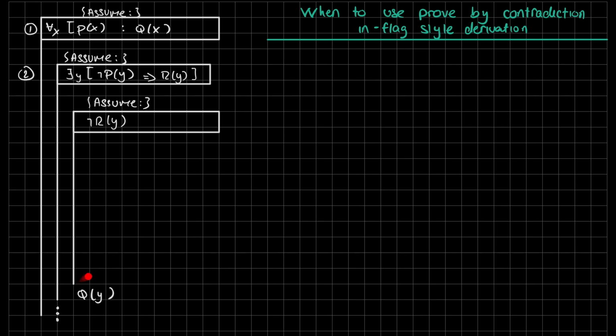Okay, so let's see what we have in our question. We're trying to prove Q of y, and we have three assumptions, 1, 2, 3. We've forgotten to write the number line here, which you should never do. So we have three assumptions, and right now we have no reason to use proof by contradiction because first we work on these assumptions, see what we can derive, and when we're stuck, that's when we use it. The only thing we can do here is use existential elimination on line 2